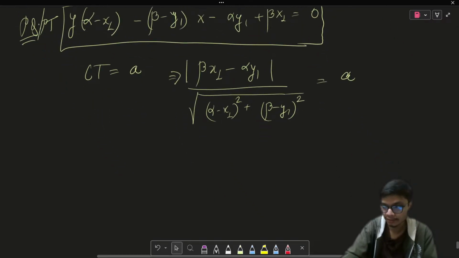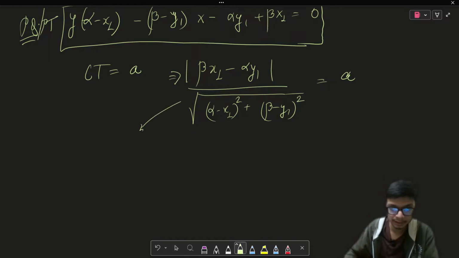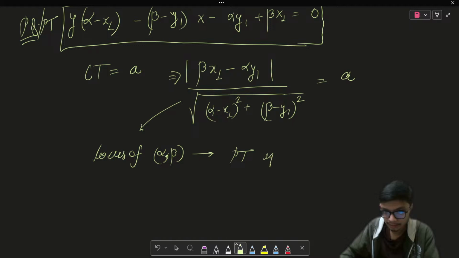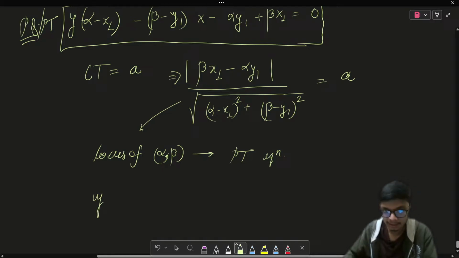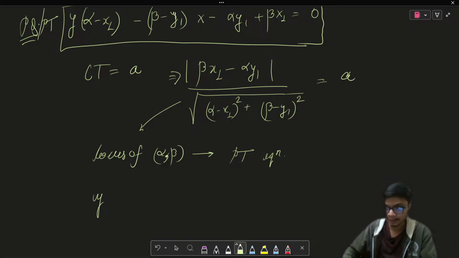If I try to solve this algebra out, I would definitely obtain the locus of alpha comma beta, and that would be the generalized equation of the tangent pair. That would give me the equation of the tangent pair. If I carry out this wholesome algebra by taking a square on both sides and then simplify, I would definitely obtain some relation in alpha beta, and then if I change alpha, beta to x comma y, then I will get the relation to hold true, which is basically going to be